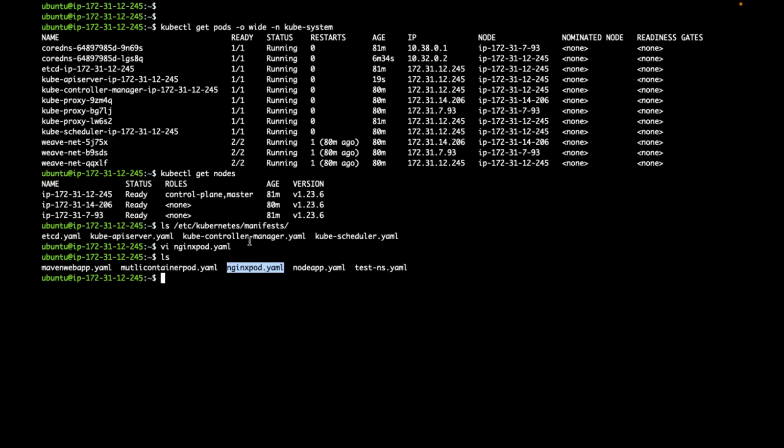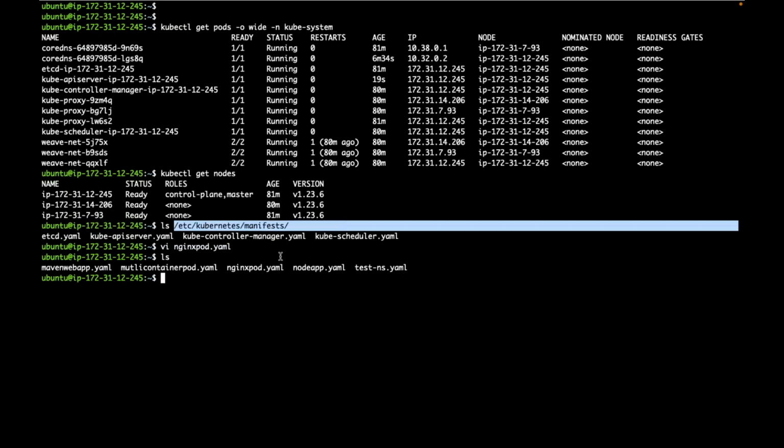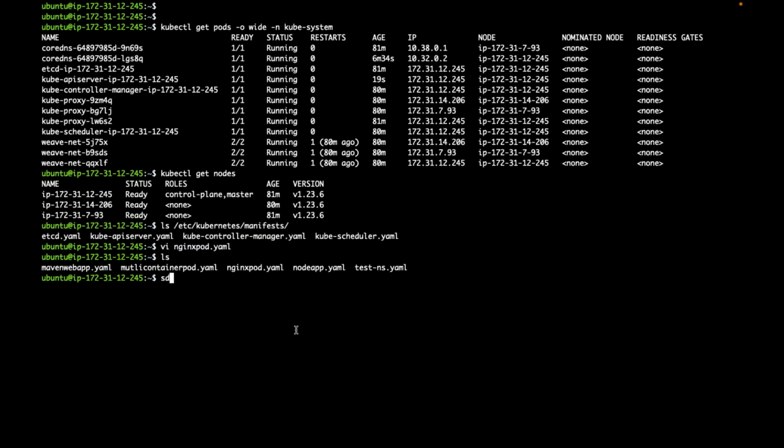Now if I place this YAML in this folder on this server, will kubelet take that pod manifest, create a pod and manage that pod? Can I call that a static pod now? Let me do that. I am copying this file to the Kubernetes manifests location.